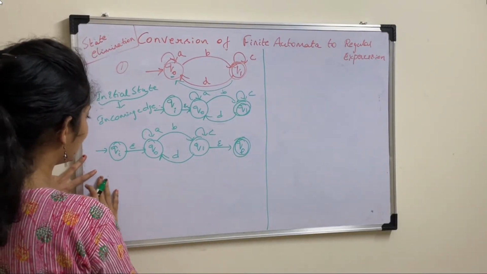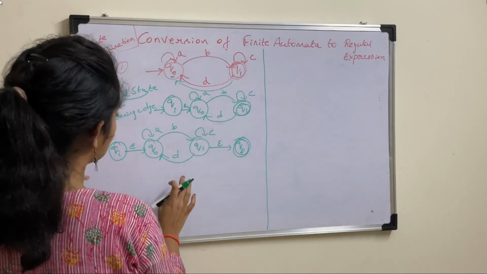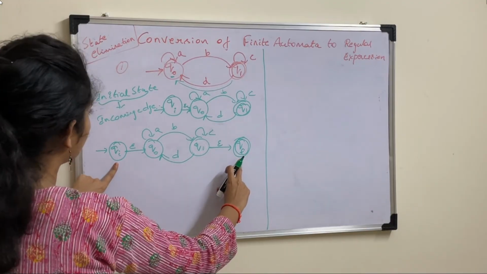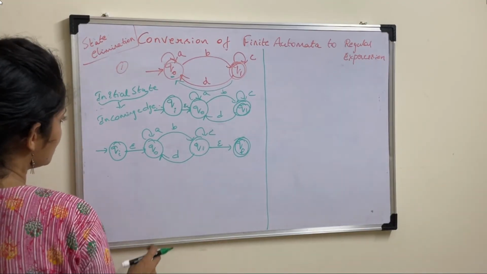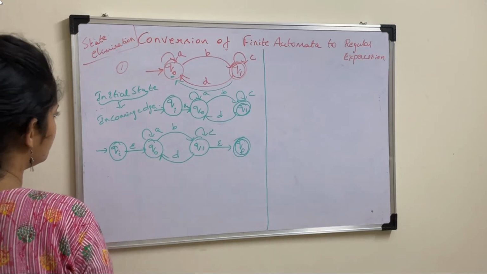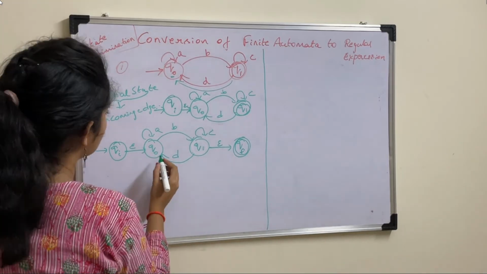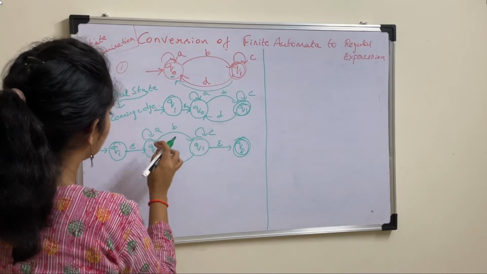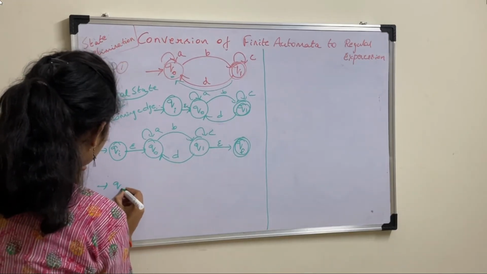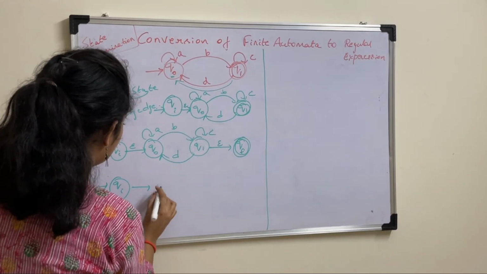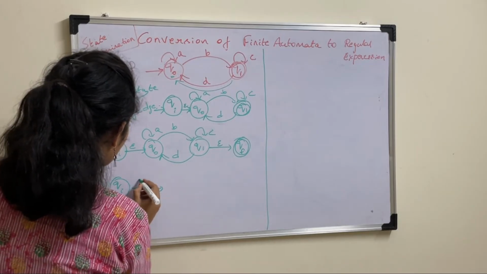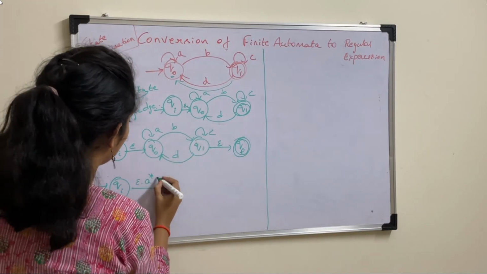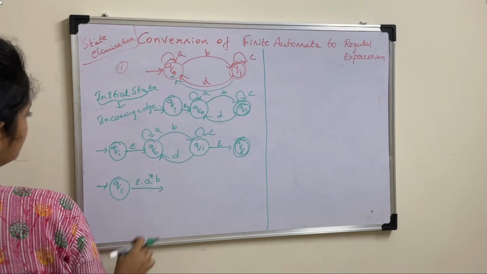Now step 4 is you need to start eliminating the states. So let us eliminate states one by one. At the end, you should contain Qi and Qf, only 2 states. So first let us eliminate this Q0. Okay, how to eliminate this? Here we have A star B from Q0. So let us write Qi derives epsilon into, this is A star and this is B, which is going to Q2.